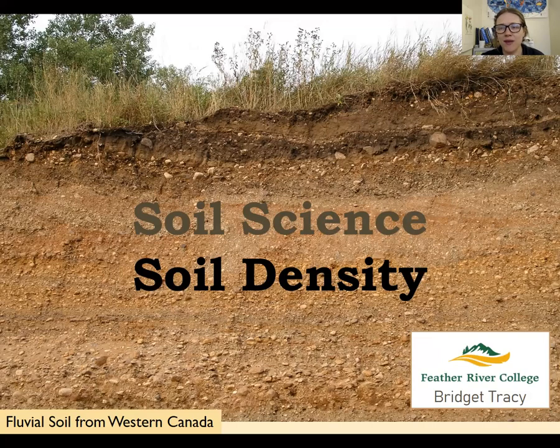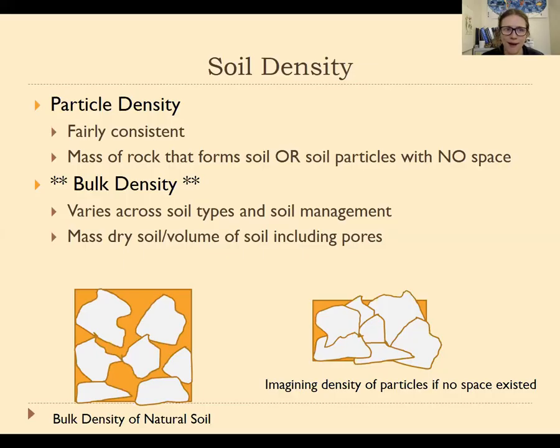So we could have something very large and heavy that we would put on a scale that could actually be much less dense than something that weighs less, like a little nugget of gold. That little nugget of gold might be small and weigh less than a table, but it might be more dense because for the amount of stuff, it's really packed into a small space. So it's this relationship between space and mass, which we basically measure as space and weight. And that's really what density is all about.